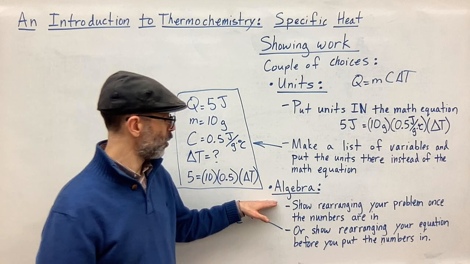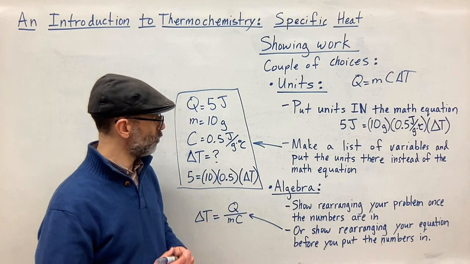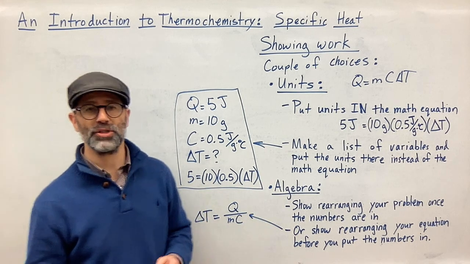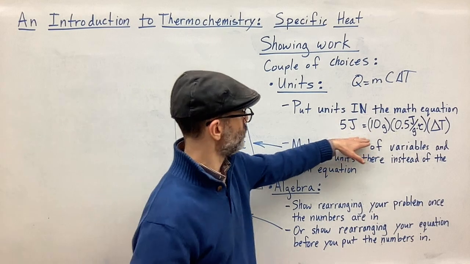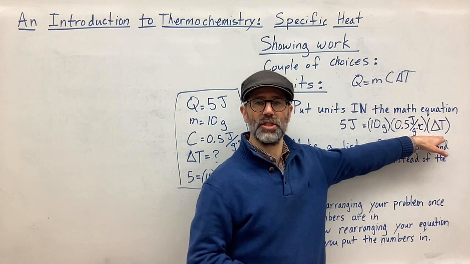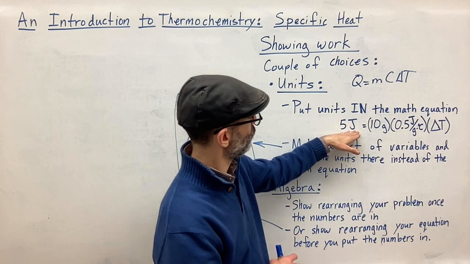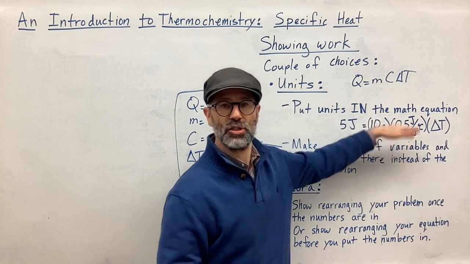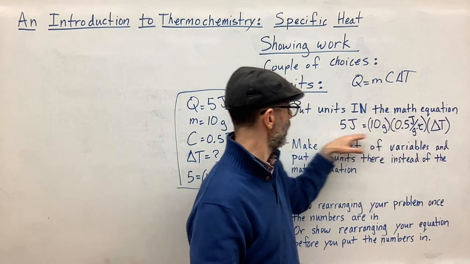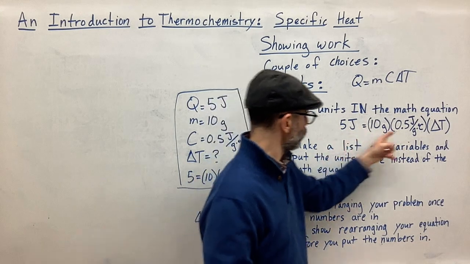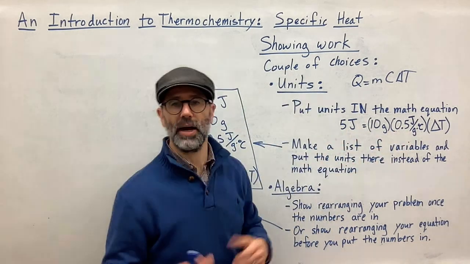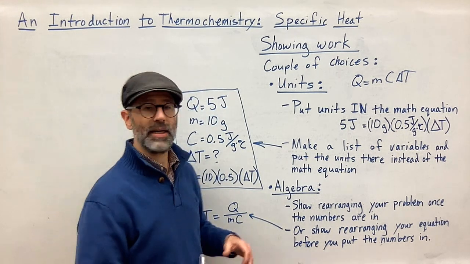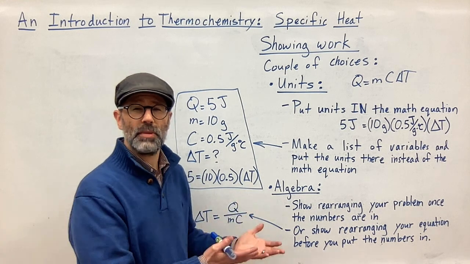As far as algebra goes, there are a couple of different ways you can do this. You can show the rearranging of the problem once you put the numbers in. Here I'm solving for the change in temperature, delta T. So I can plug my numbers in and then rearrange the equation. I could divide both sides by these numbers, or I can multiply these together and then divide. So I can show that work with the numbers in,